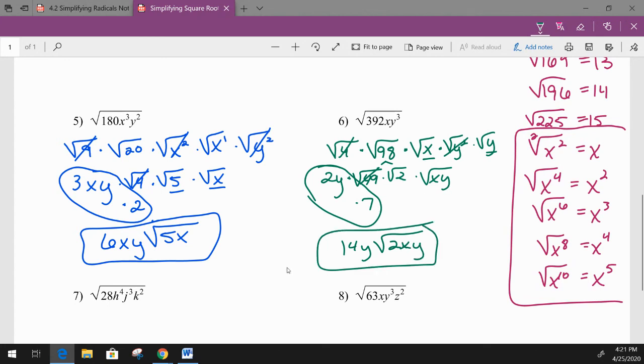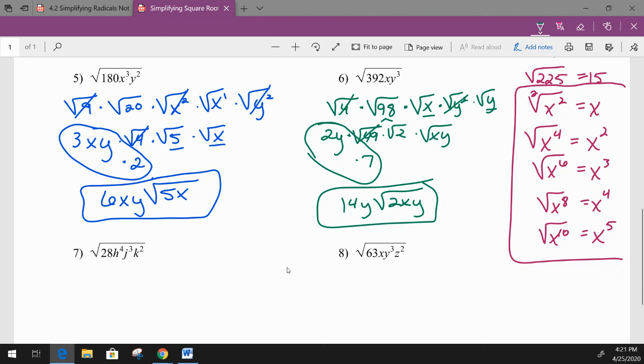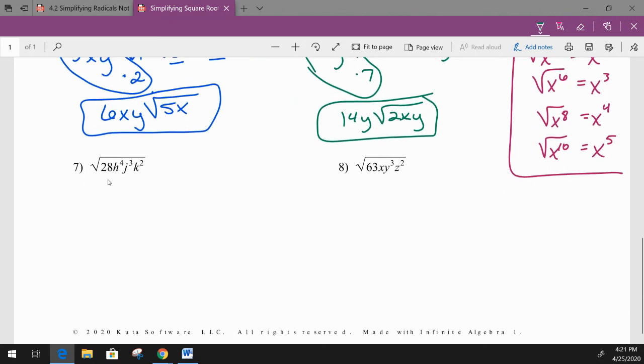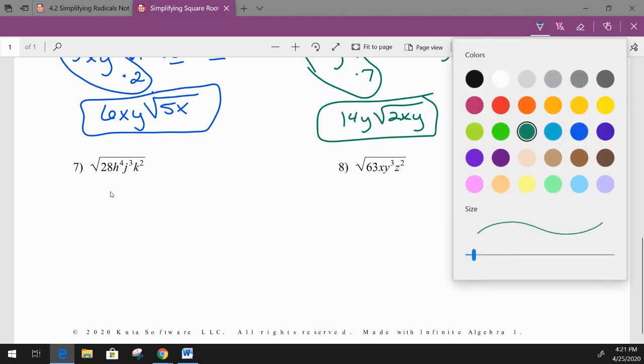All right, a couple more examples to go. If you are feeling confident, go ahead and start working on the assignments. But for right now, we have a couple more. Now we have 3 variables instead of just 2. But 28 is a fairly small number. So is 63. So when you have smaller numbers that you're familiar with the factors of, it again might be